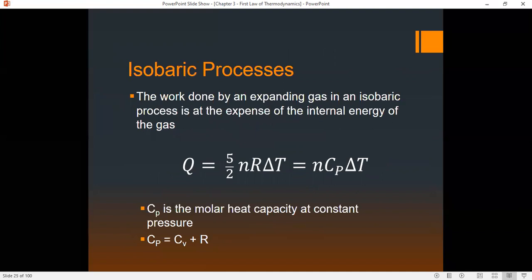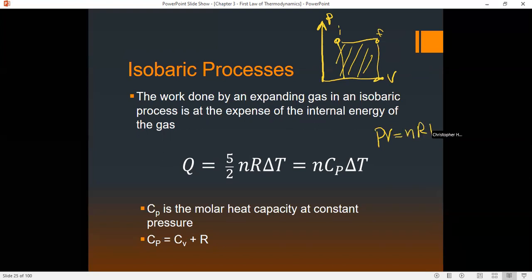Now, the work done by an expanding gas in an isobaric process comes at the expense of internal energy, okay? Think about this. Again, we'll draw this graph. We got pressure, we got volume, and we're going from some initial point to some final point, okay? And then we're taking the area underneath this graph. Well, the problem is this. You know PV equals nRT, okay? If our temperature remained constant, okay,